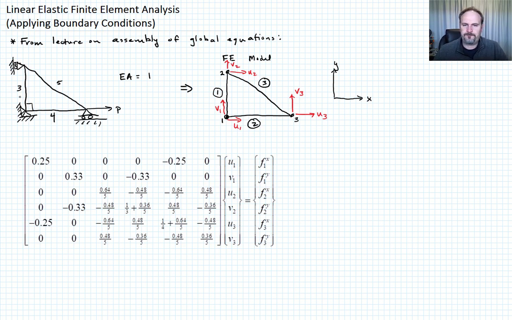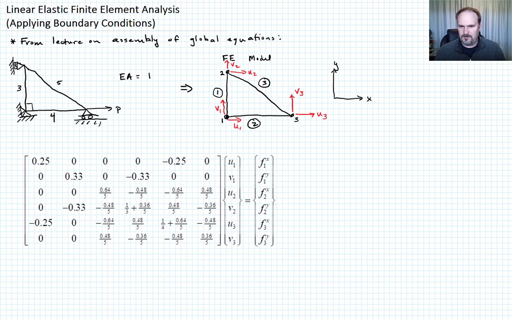So recall, we have a three-member truss, and on this bottom left corner, it is pinned in both the x and the y directions. On this bottom right corner, it's pinned in the y direction and it's pulled on in the x direction with the force P. And then in the upper right corner here, it's pinned in the x direction and allowed to freely move in the y direction, right? So what we want to talk about in this lecture is how do we go about,